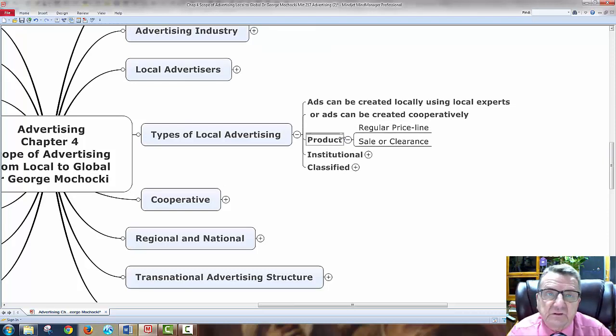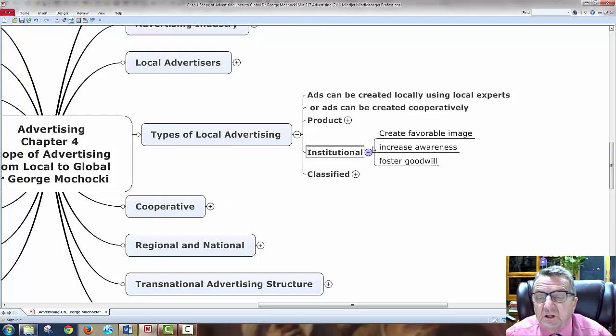A lot of ads you see is basically to sell a product. Here's a new toothpaste. Here's an improved toothpaste. Regular price or sales or clearance. So they're looking at product. And remember, I could always utilize this as a service also when I'm doing local advertising. In marketing, product and service, one's tangible, one's intangible. We talked about that in our last session. So product and services, I'll put that in next time.